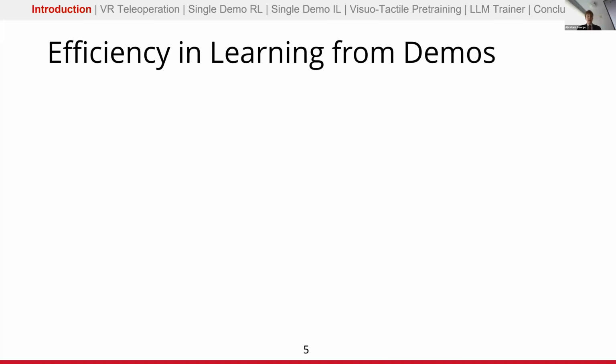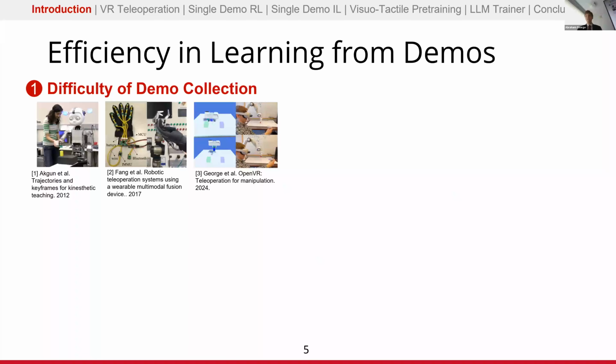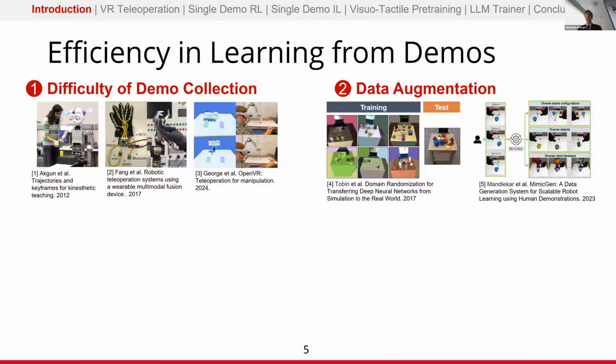So there have been a variety of ways that efficiency in learning from demonstrations has been addressed. First is just decreasing the difficulty of data collection. So even if we do require hundreds of demos, how can we make the process of collecting those demos easier and more intuitive for the average person to do? Additionally, data augmentation has been used to take a small set of demonstrations that we'd collect and then create augmented versions of these, generating new data to then train the agent on. So this is a wide area focusing on creating synthetic data from a smaller set of human collected demonstrations.